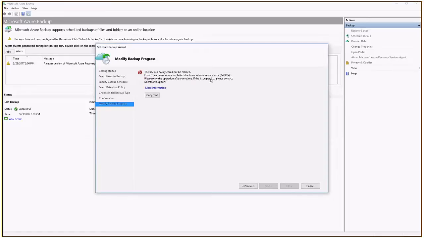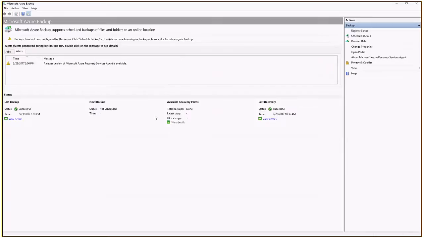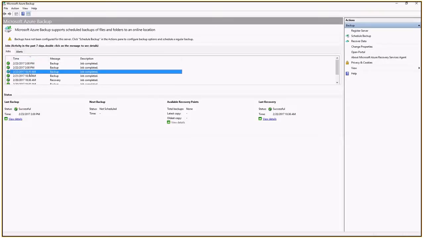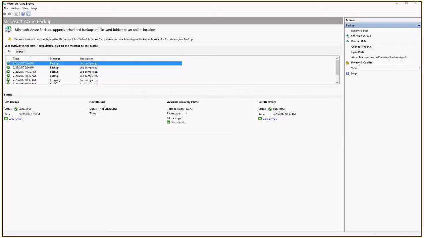Oops, let's see. Not really sure why it did that. But let's just chalk that up to, I think that might be something on my local network. I'm not really sure, but what should happen is you should be able to schedule a job that is just like these. And once you kick that off, you'll be able to go and do the